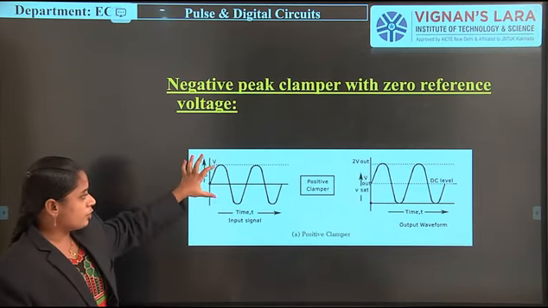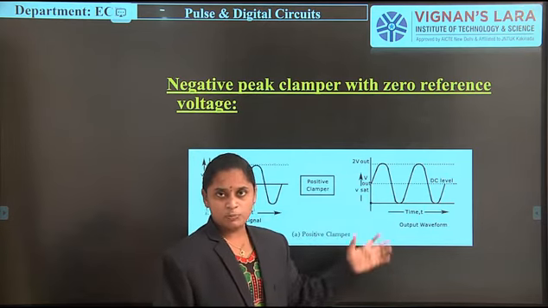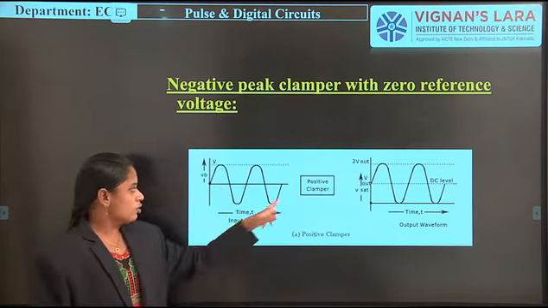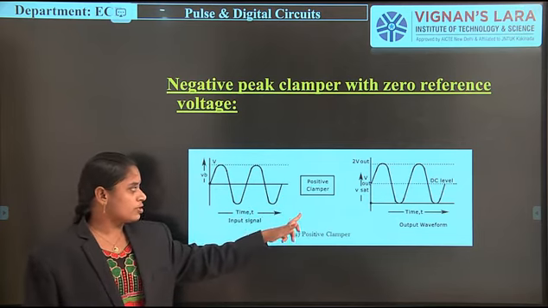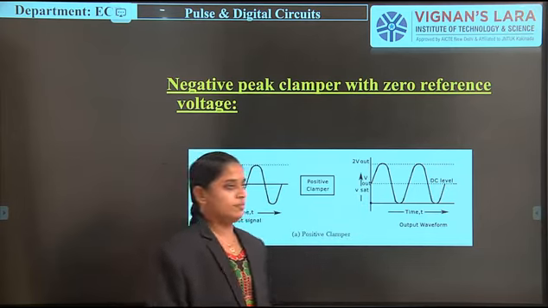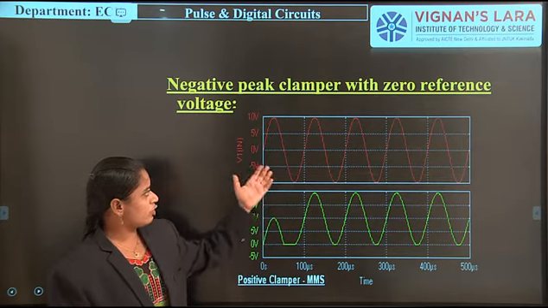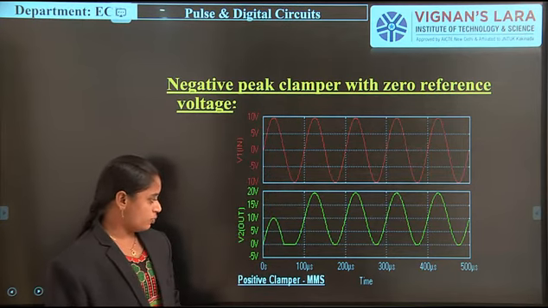So this is an input signal, it shifts the signal to above the line, that is above this condition. The output signal will be like this. So when the signal is passing through the positive clamper, the output is shifted above the DC line, nothing but above this line. So this is the output condition. We have to observe this is the input waveform and this one is the output waveform.